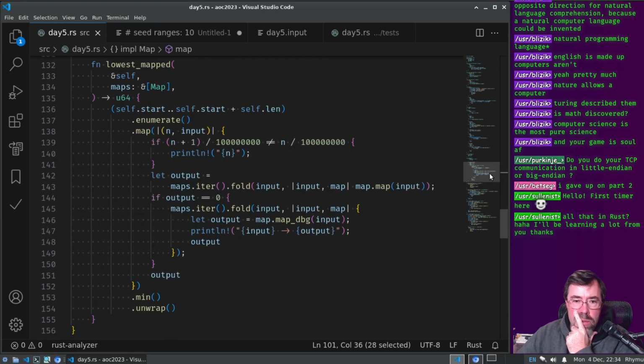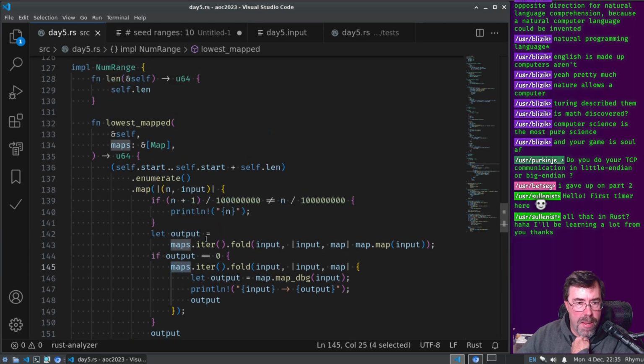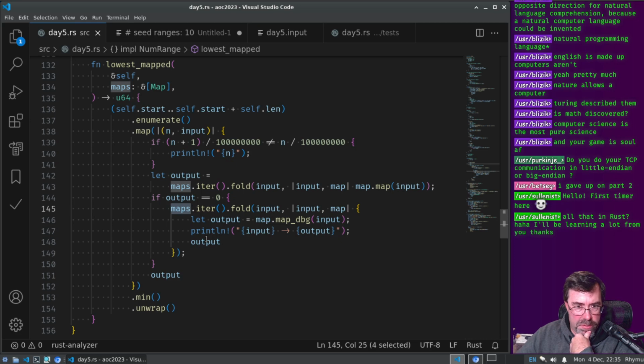Okay, this minimum makes me think I have a minimum somewhere that shouldn't be. This maps, right?